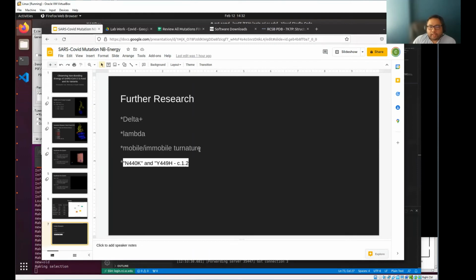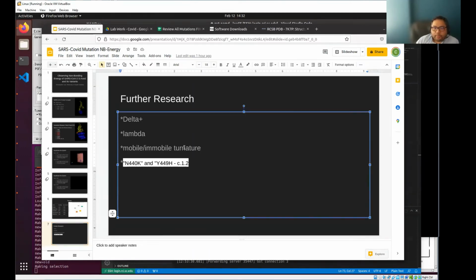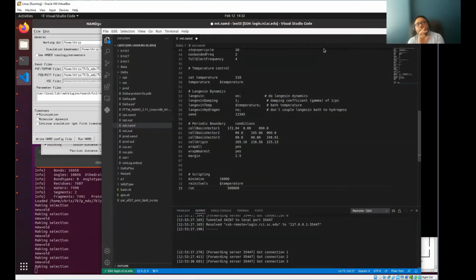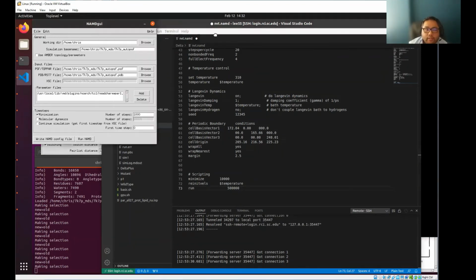One thing that we talked about for continued research was doing a mobile and immobile temperature, which what we were thinking was, whenever we did MDS, we allowed the entire complex, so the